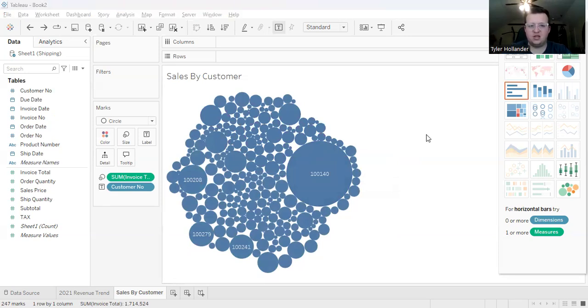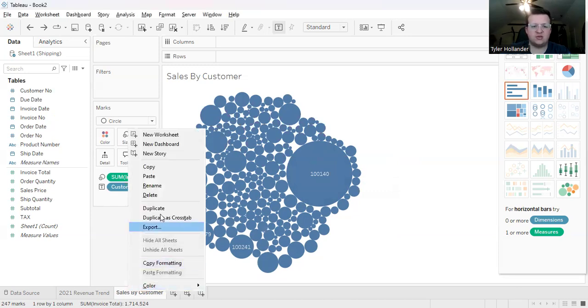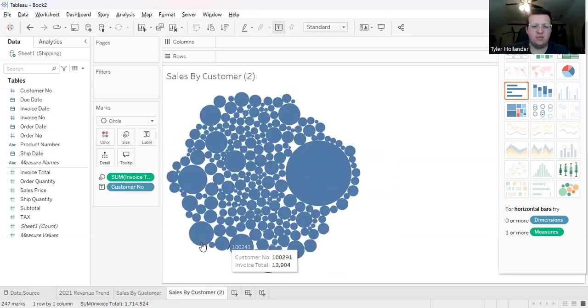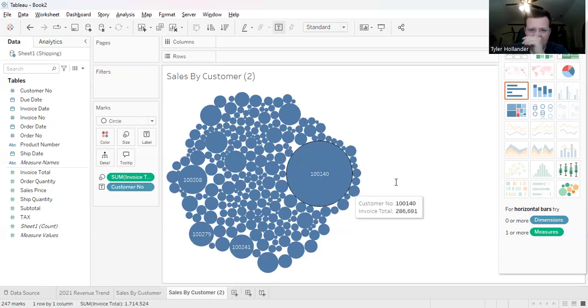All right, so we're moving on here. Now we're going to take our same information here, but we don't want to see the total sales volume. We're going to look at average sales volume per customer. So we're going to take this tab we have right here, and we're going to duplicate it. So right click on it and click duplicate. Now we have the same thing again, but we're going to change it a little bit to look at our